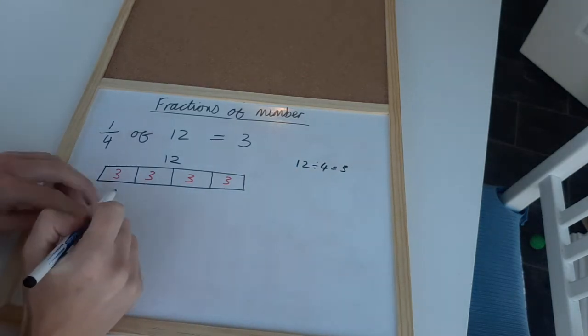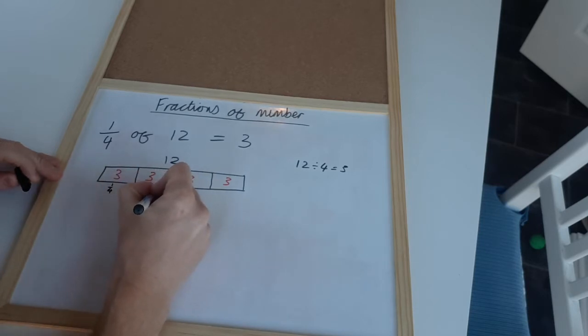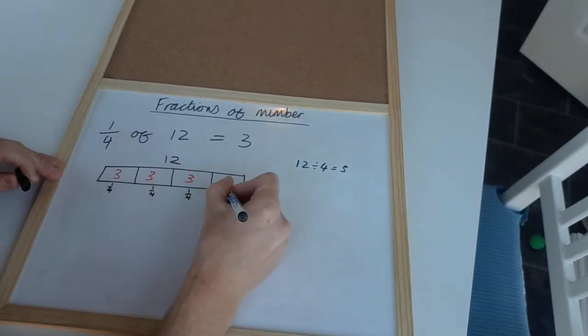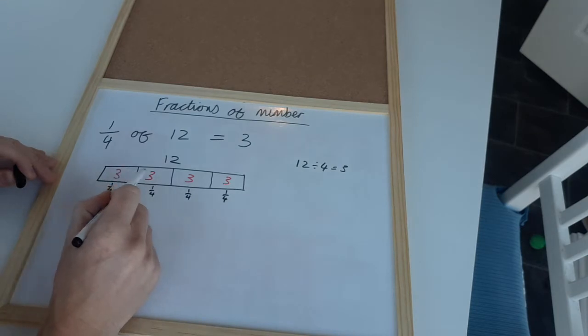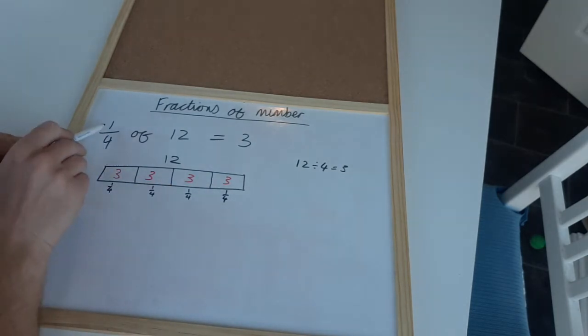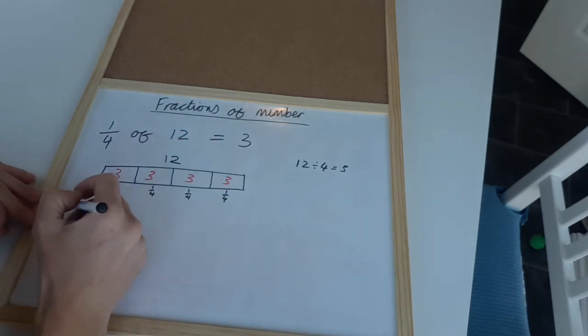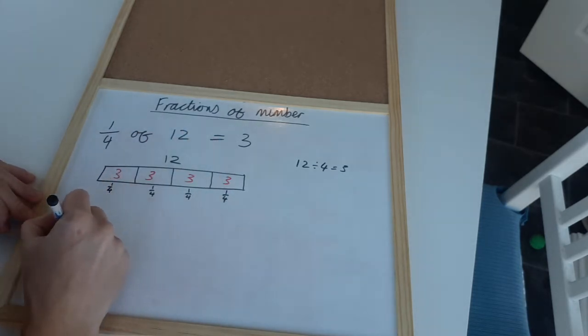So each of my quarters here, this is a quarter, this is a quarter, this is a quarter, and this is a quarter. Each of those is worth 3. So if I want 1/4, because my numerator is 1, then I know that the answer is 3. Now, if I was looking for 3/4